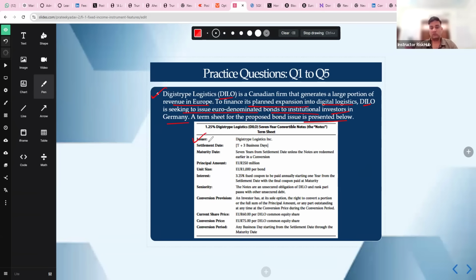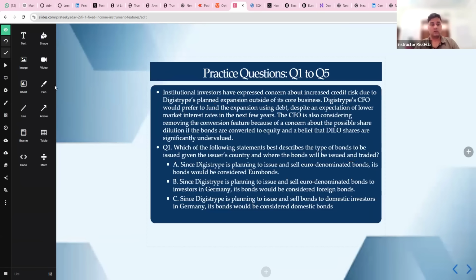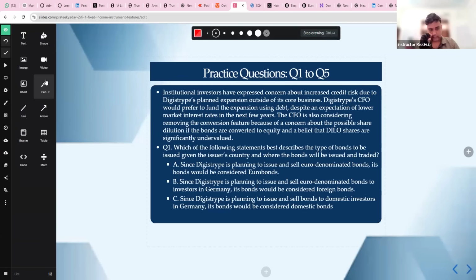So you have the issuer, the settlement date, maturity date, principal amount of 250 million, unit size of 1,000 per bond, interest, seniority, conversion provision, current share price, conversion share, and conversion period, right? Once we have seen all these values, we get into the question, right? Okay. So the question here is that institutional investors have expressed concern about increasing credit risk due to Digistripe's planned